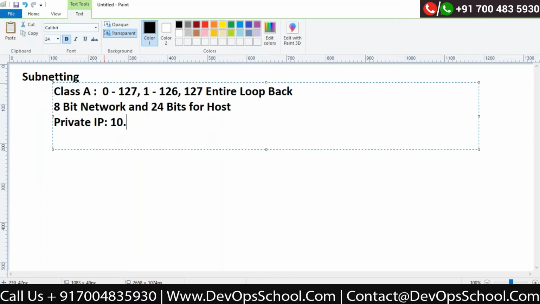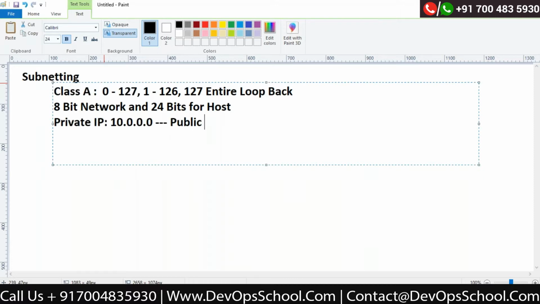Absolutely right. So 10.0.0.0, this is the IP address which I can use in my organization. Capgemini may be using this, I don't know. But this is the private IP address range. Thank you, Lakshmi. Very important thing. Now, whenever I'm talking about class A, any IP other than this private one, whatever IP address comes, falls under the category called public.